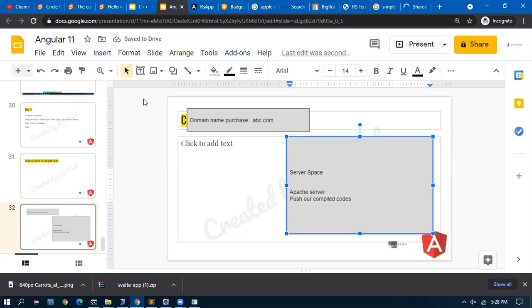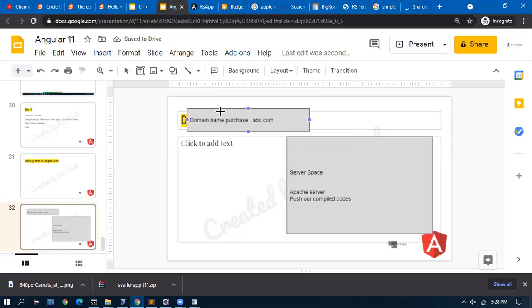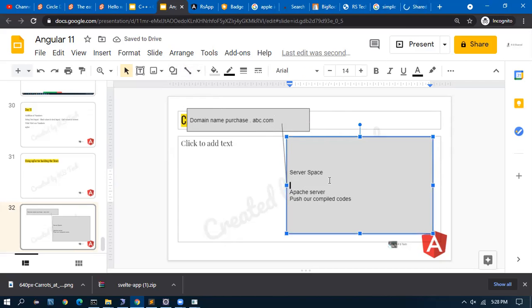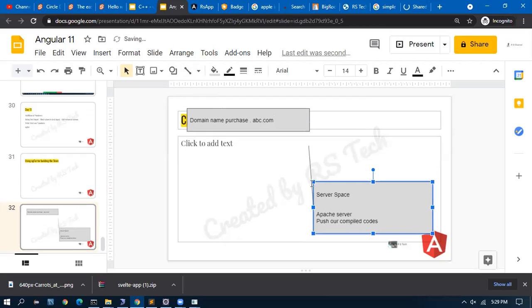Then we go to the domain name provider and give this Apache server's address. They will give an IP address for the machine they are giving. We just have to give this IP address in the domain name.